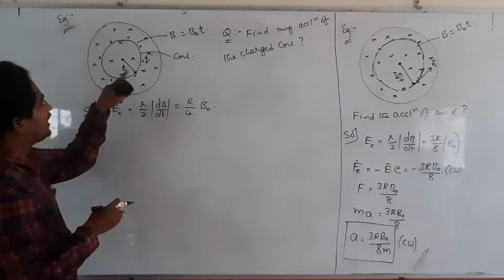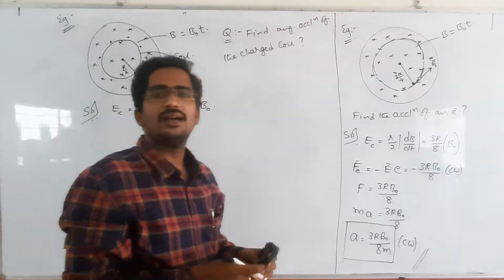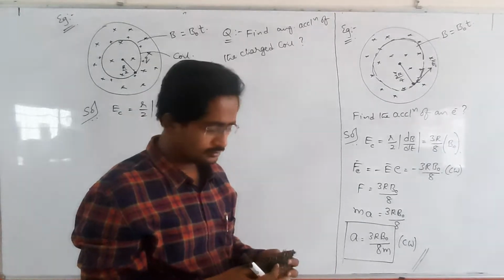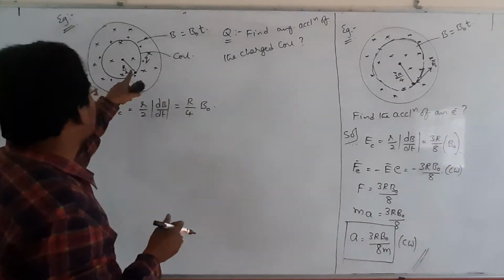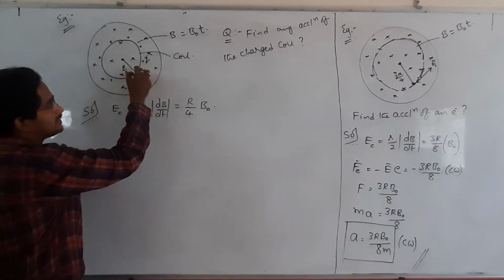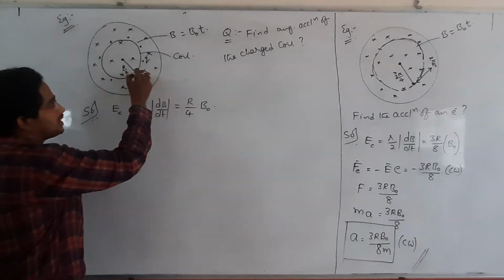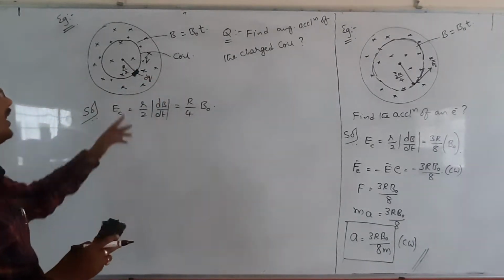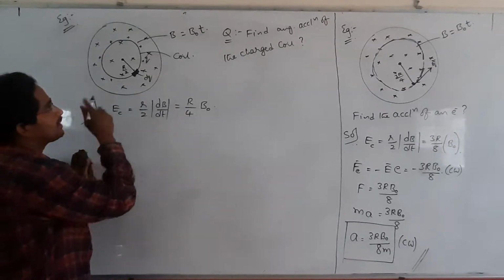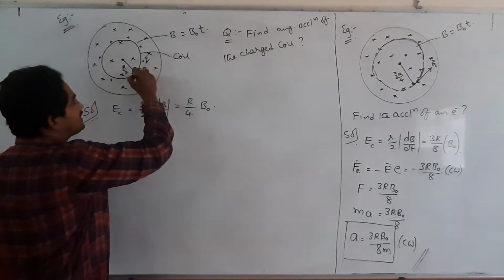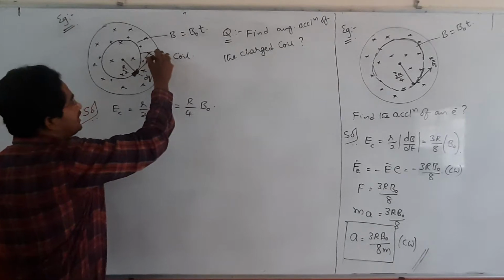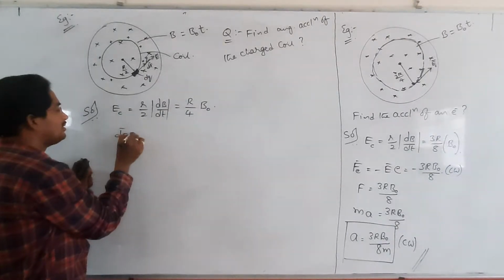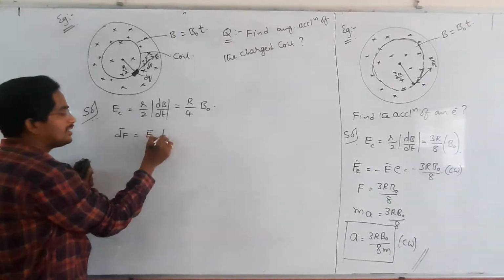Now, I would like to get the torque acting on that coil. Then only we can get the angular acceleration. For that, I am taking a small elemental portion of this coil which encloses the charge dq. What is the force direction over that? B is increasing, so the electrical intensity is in this direction. Then the force direction is also in this way, parallel to E.